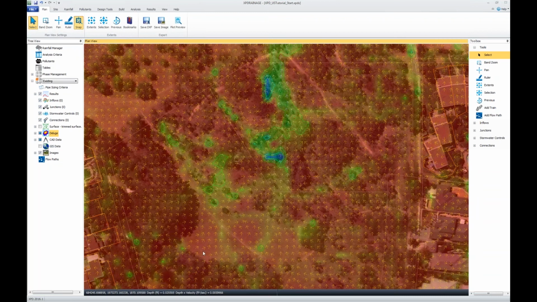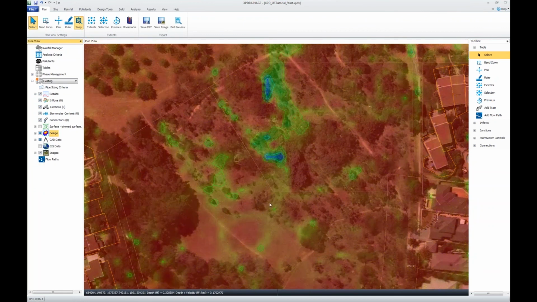We can see on this site, judging by those flow vectors showing us direction, and also these ponding areas, I'll turn this off, and we'll see that, sure enough, we're going to have a lot of settling towards the middle of our site, and ultimately water is naturally going to work its way north. So as we fill in this site, something we might want to do is perhaps have treatment at this central area, and then perhaps let it work a bit more north and have maybe our high volume system at the north edge of our site. So we have maybe a rain garden here in the middle, which is going to collect most or all of that